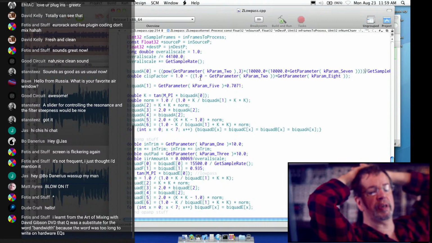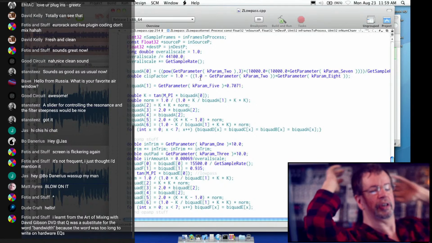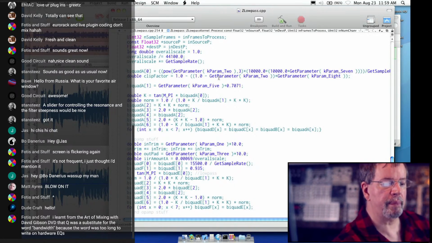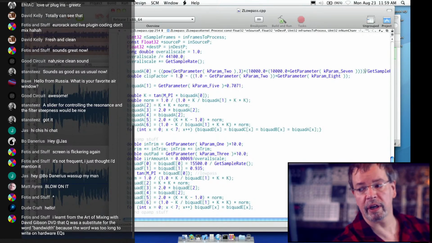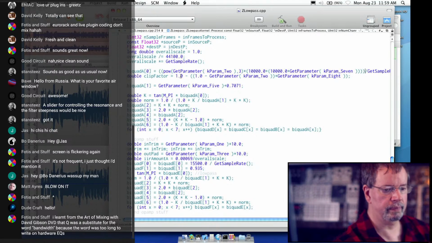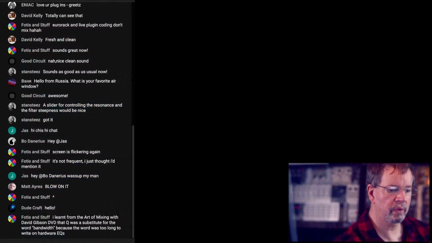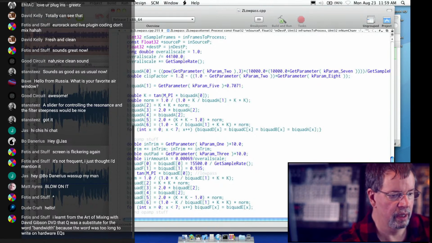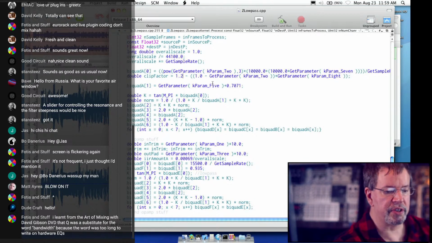In order to do that, we need to do this clip factor calculation in such a way that high frequency settings, where get param2 is large, are causing this whole thing to be larger than 1, because less than 1 is causing gain. So we can start by doing this. After all, we've got it set up so that